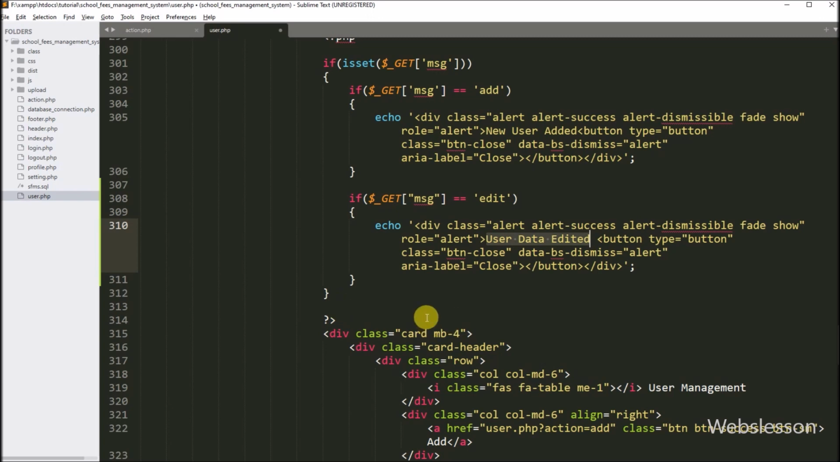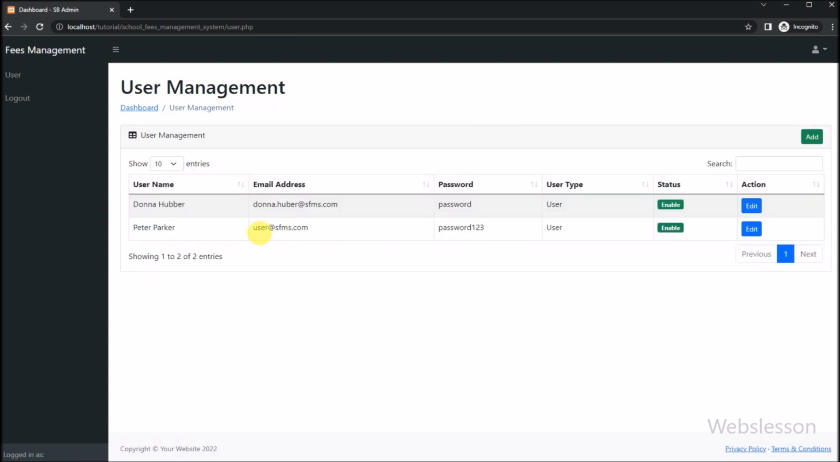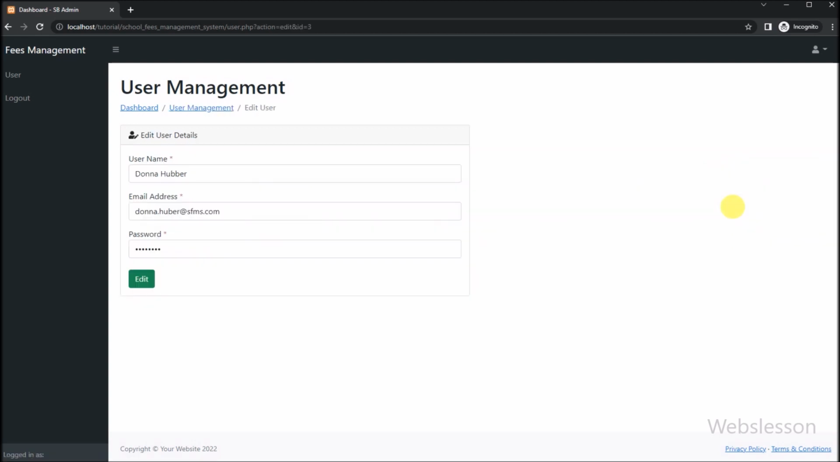Now we have to check output in the browser. Friends, first we have to refresh this web page, and after refresh of this page, here we can see that edit user form has been loaded in the browser with fill form data and edit submit button. Now first we want to check email already exists feature at the time of update of data. So here we can see that user@sfms.com email already exists in database, so here in place of $Hubber, we have to write